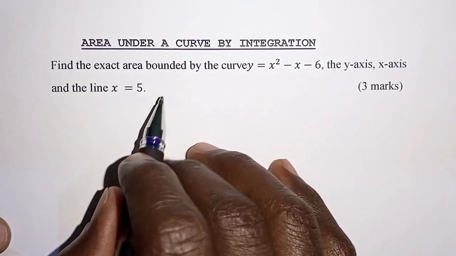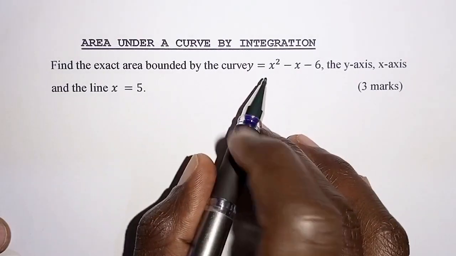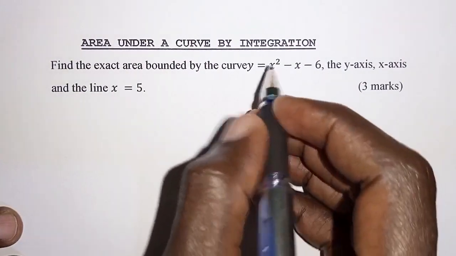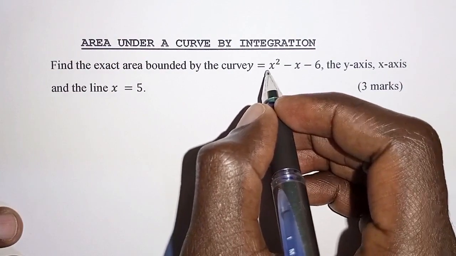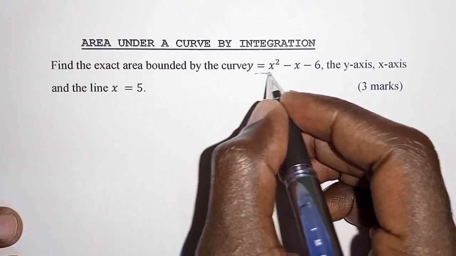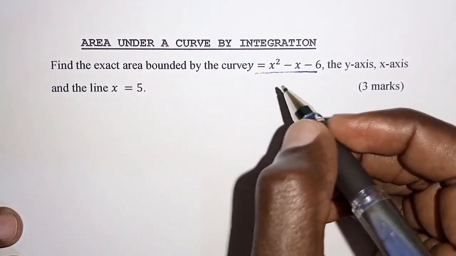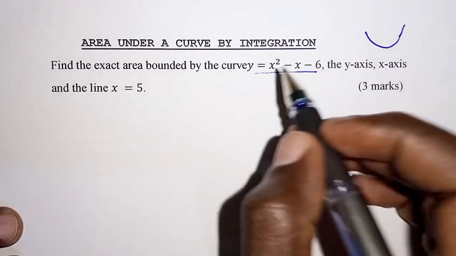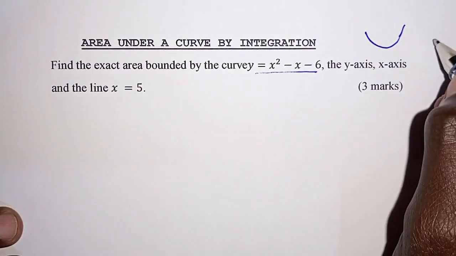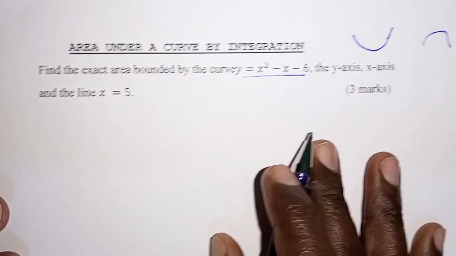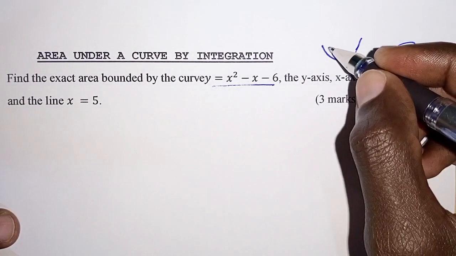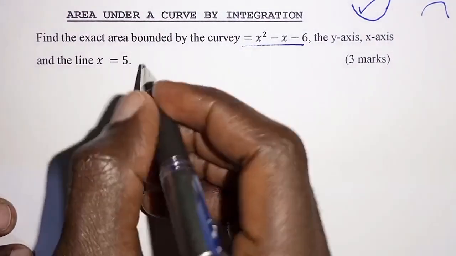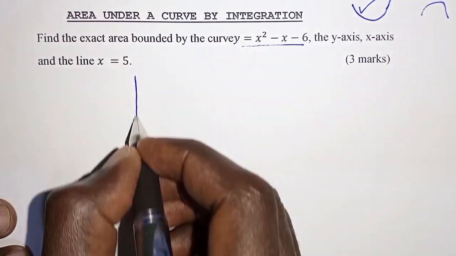Now we will begin by having a rough sketch of the area in question. Given that the coefficient of x squared in this function here is positive, the kind of graph that we'll expect is of that nature. Had it been negative, we would have had this. So we're going to consider a graph as such. So we'll have the Cartesian plane.